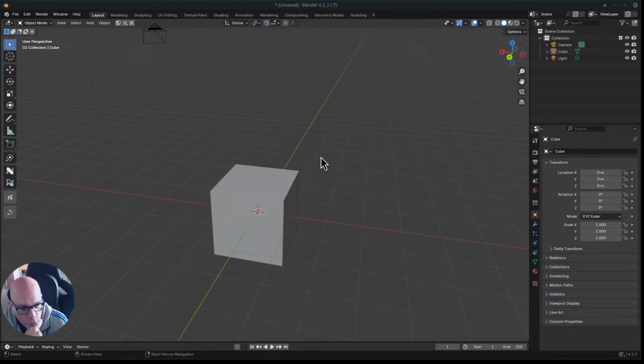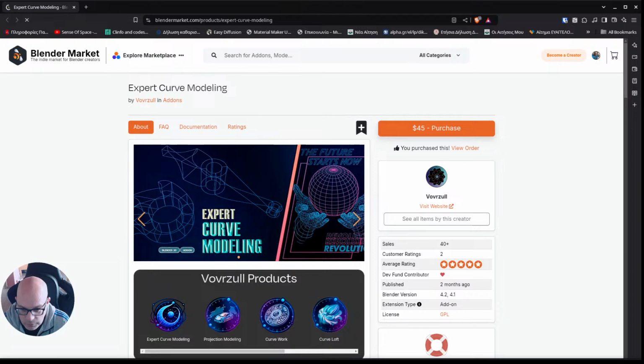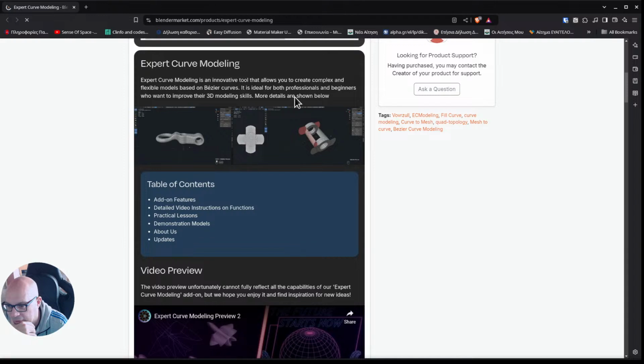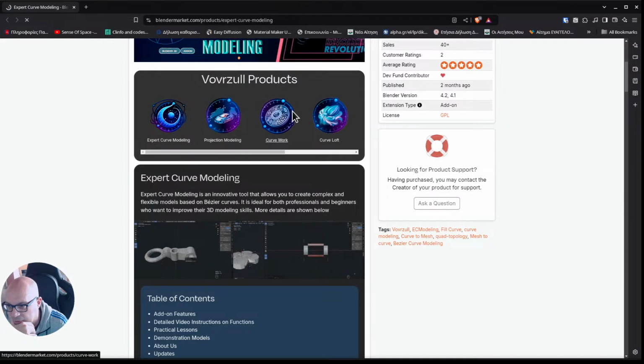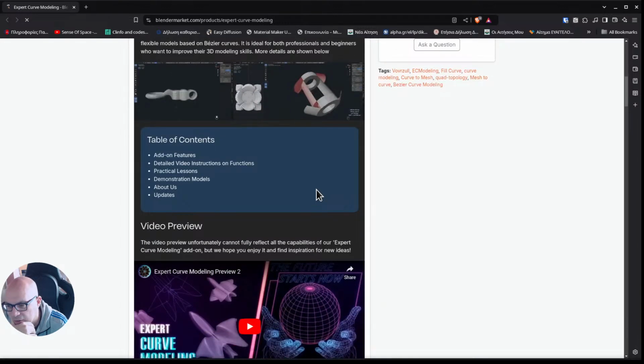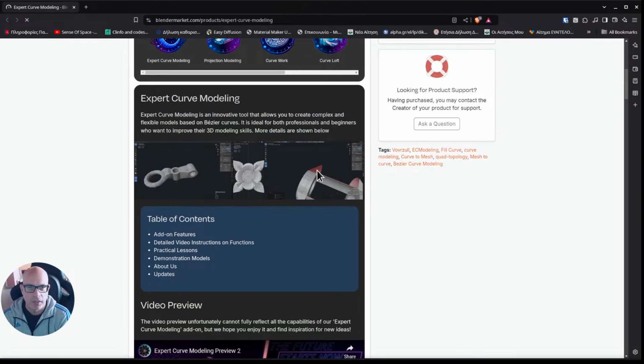I've lost count. So anyways, today we're gonna be doing a review of an add-on that I purchased. Let me show you the add-on. Expert modeling. Let's take it here and put it there. So this is the add-on. It's called Expert Curve Modeling. So all that this thing is doing is, as you can see, it basically does for us what we have been working with for some time now